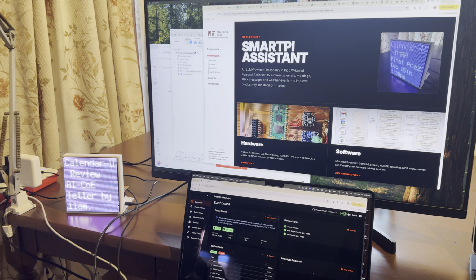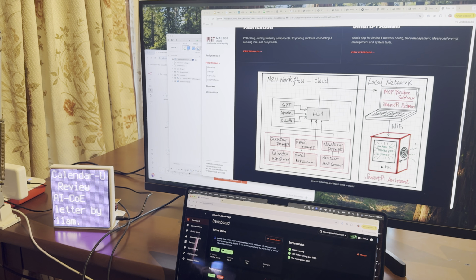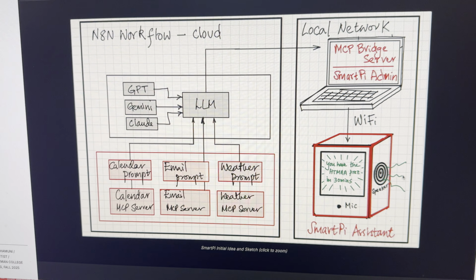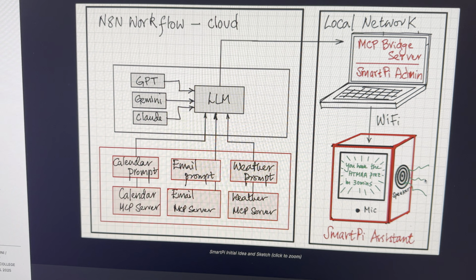My final project for How to Make Almost Anything is something called the Smart Pi Assistant. I'll basically go over the idea. The idea is to take my email accounts, I have a bunch of them, my calendar accounts, weather prompts, and